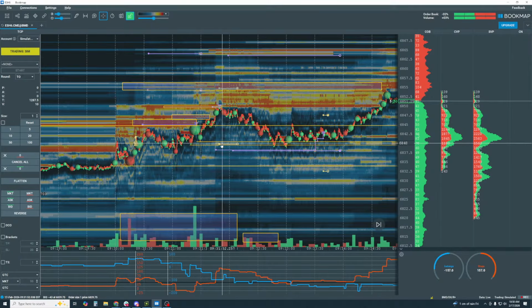Okay, so here, putting it all together into a cohesive plan. All right, and I ended up canceling that. Oh no, this was an OCO, but yeah, I wanted to get in here. This is where I got kind of screwed up, and I'll have to go back and test. Anyway, I moved my stops